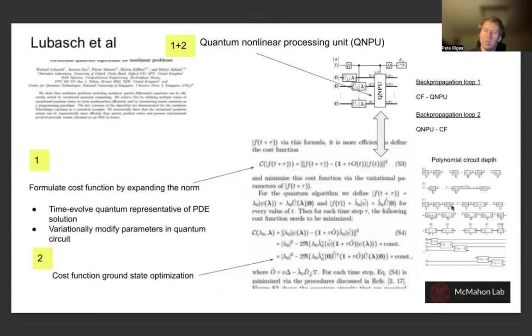And Lubasch et al. was the reference that I used, in which, as given here, the paper is titled Variational Quantum Algorithms for Nonlinear Problems. It's related to several steps in which they look to formulate a cost function by expanding the norm, which is given first for the nonlinear Schrodinger and the inviscid Burgers equations. They describe how to obtain the cost function, which can then be used to perform some state-of-the-art simulation on a couple of qubits, which they then discuss would be of interest to determine if this type of algorithm could be applied for a broader range